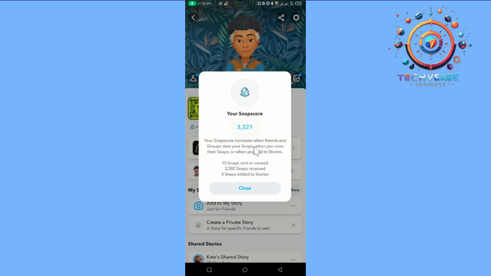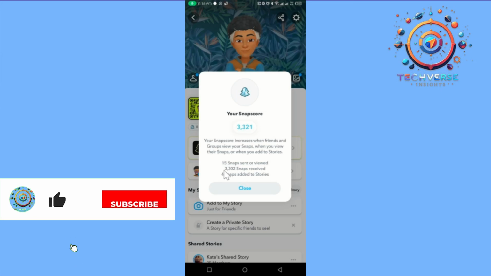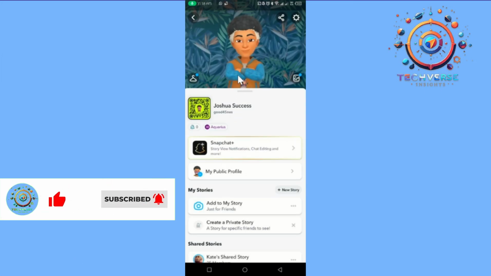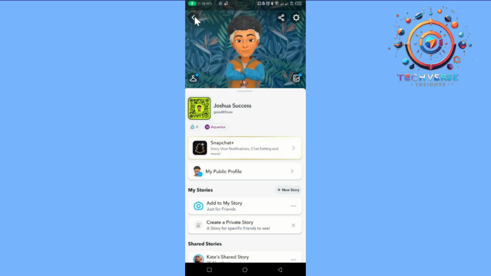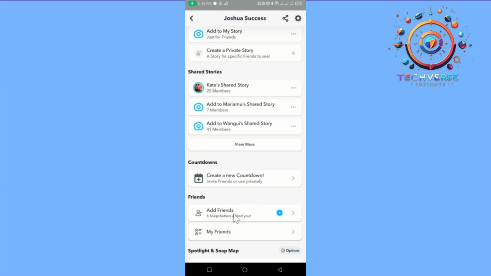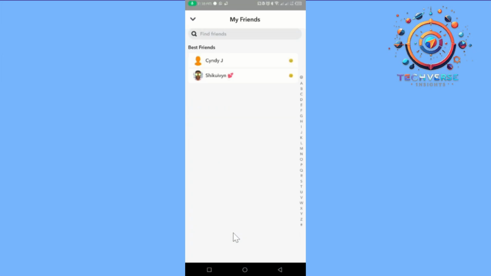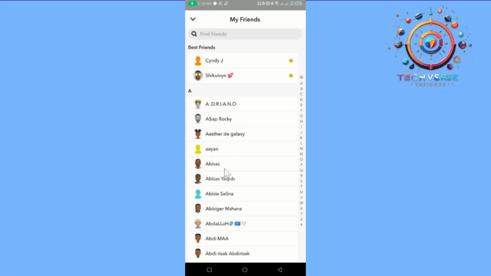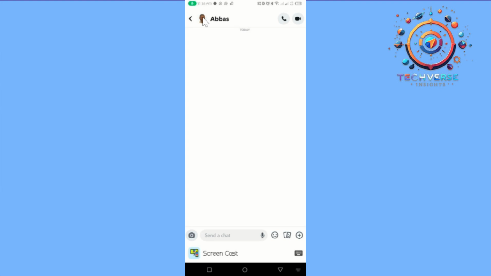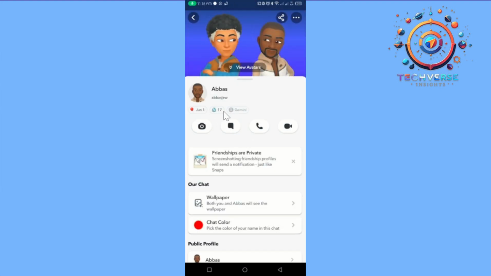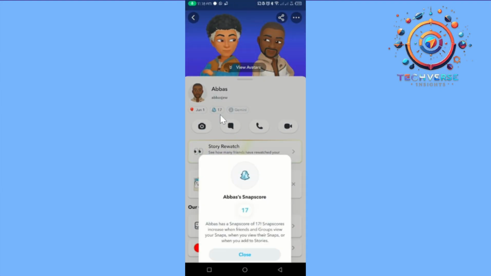As you can see, it says 15 snaps sent or viewed, 3,000 snaps received, and 4 snaps added to stories. We can also do this by checking somebody else's. Just scroll down, and from here I can head on over to my friends and choose this person. Tap on their profile, and from there, as you can see, I can see that they have 17